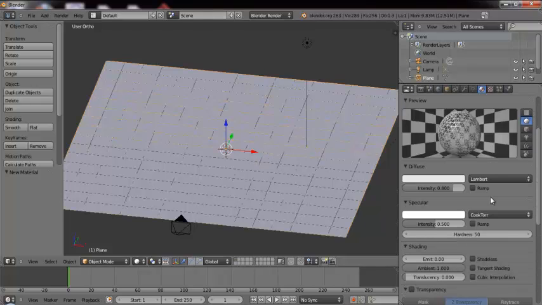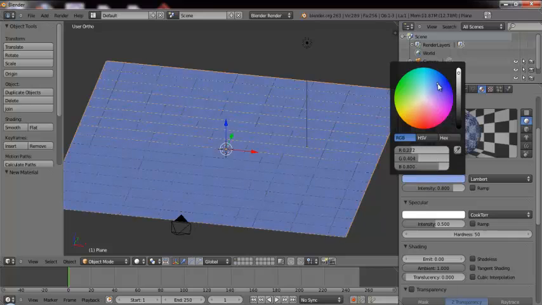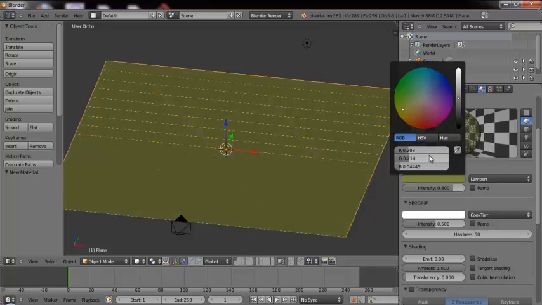Okay, next, coming down to the options, diffuse. I'm going to change the color of the diffuse. So I need basically kind of a blue color. So just 0.2077 for the red and 0.2144 for the green, and for the blue it is going to be 0.04445. So this is a value which I have ended up with, which gives me a nice